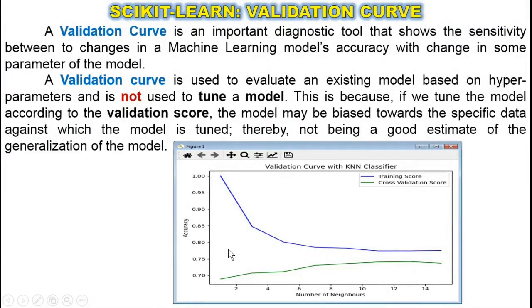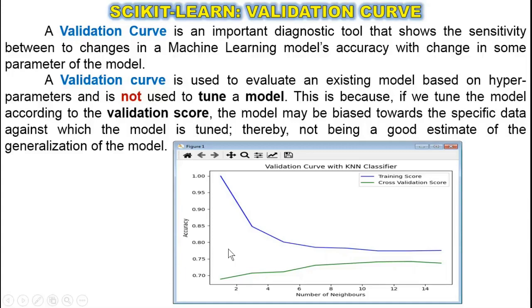Using the scikit-learn or sklearn validation curve. A validation curve is an important diagnostic tool that shows the sensitivity between the changes in a machine learning model's accuracy with change in some parameter of the model. A validation curve is used to evaluate an existing model based on hyperparameters, and it is not used to tune